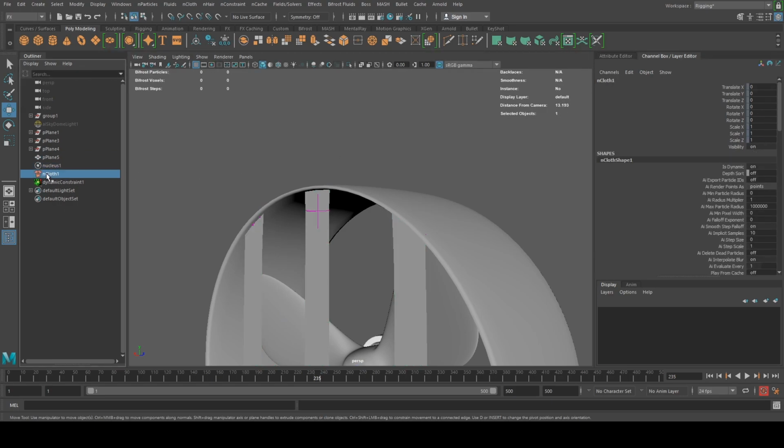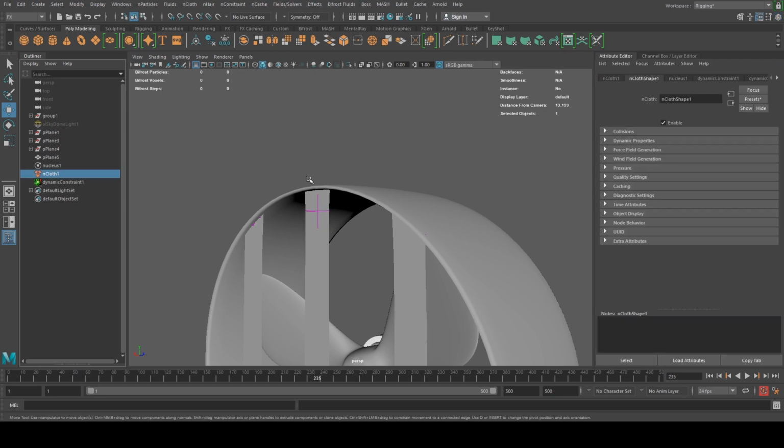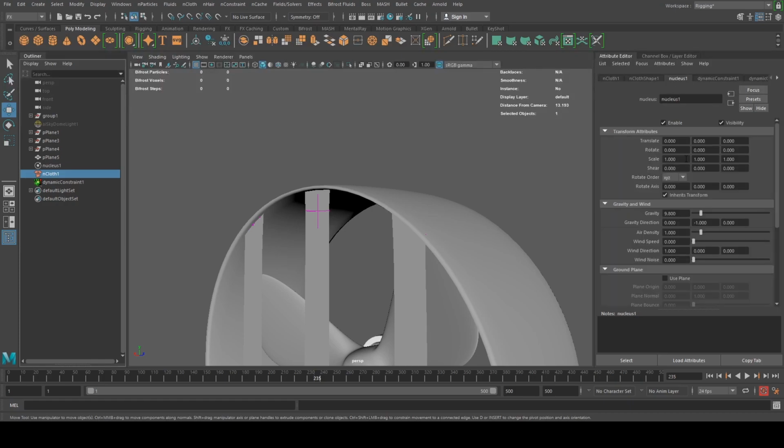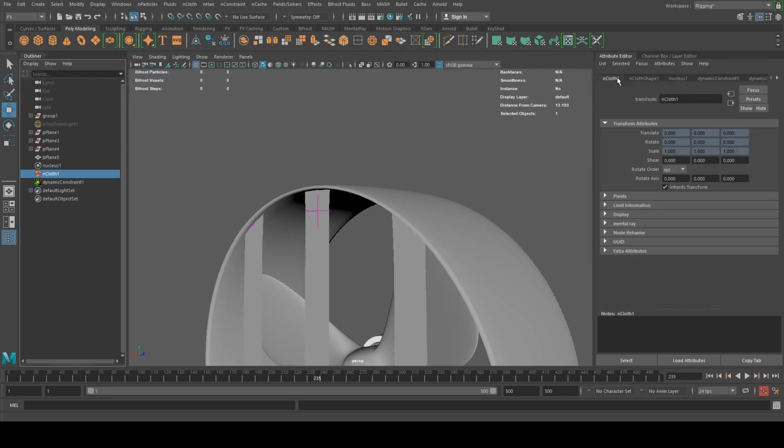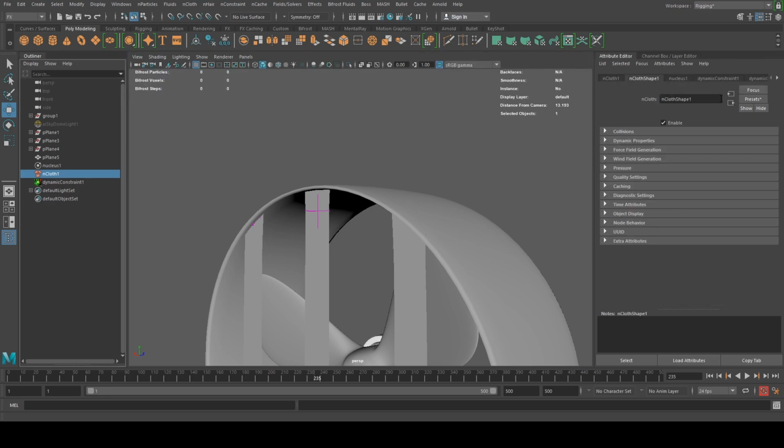All right, so now what we need to do is go to Ncloth right here, on the outliner. If you select Ncloth, you go to nucleus. Under nucleus there's this category that says gravity and wind. Gravity at 9.8 is fine, but we need to adjust the wind speed and the direction and all that, air density. But before we do that, we're just gonna go to NCloth Shape 1, hit presets, because as you can